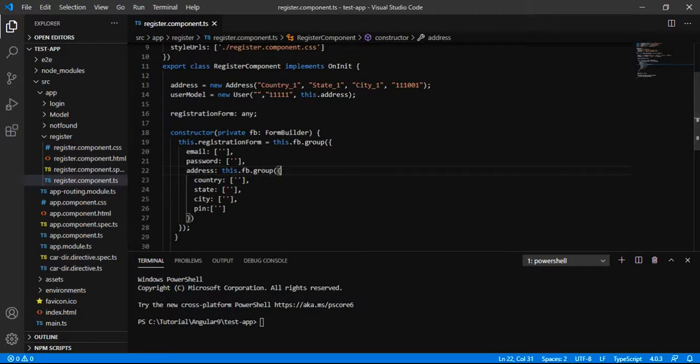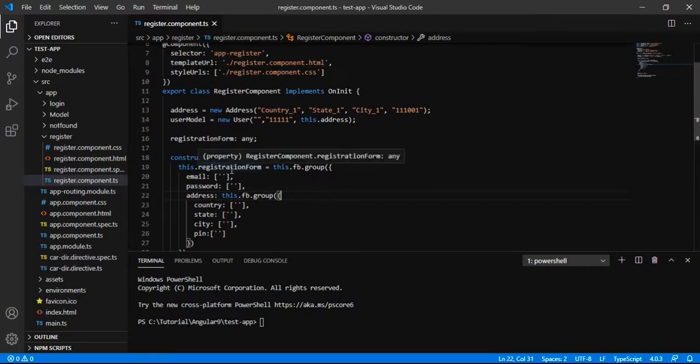Now we have to bind this registration form to our HTML page.